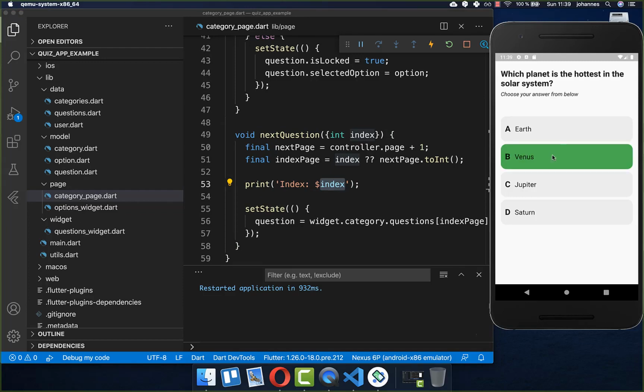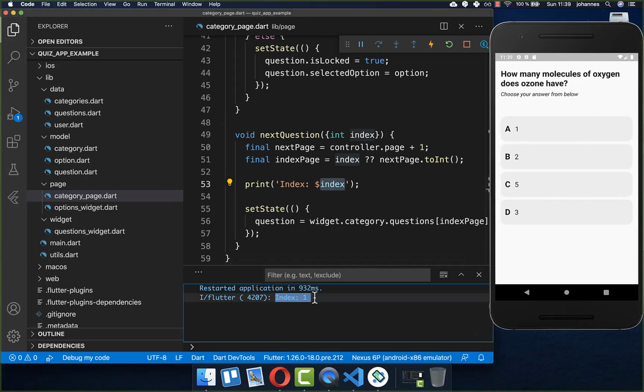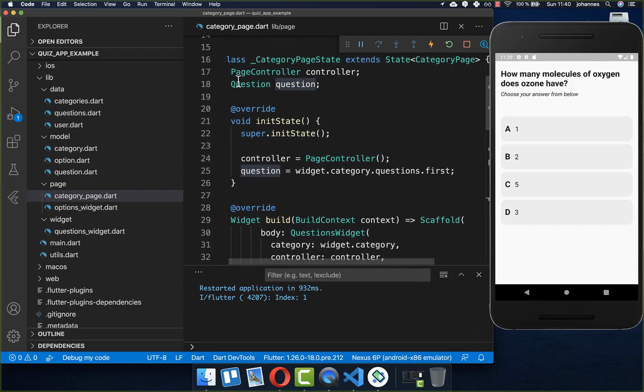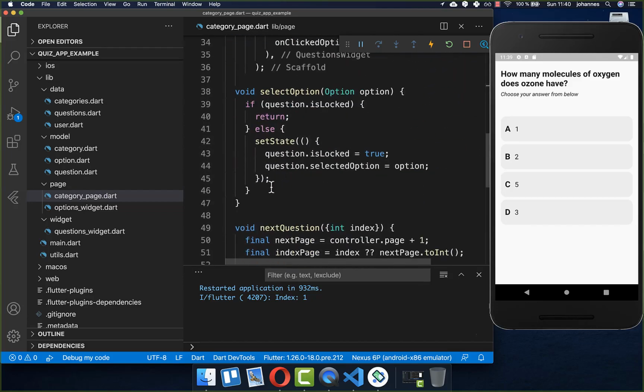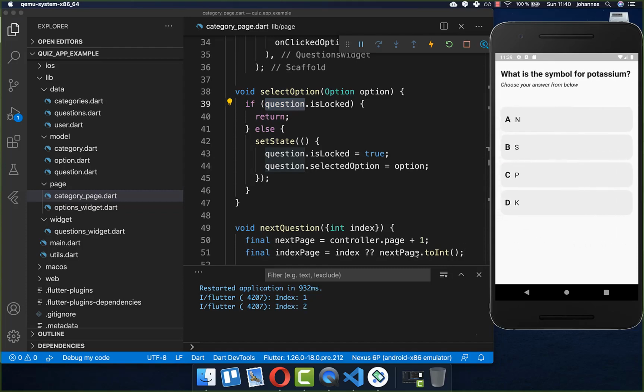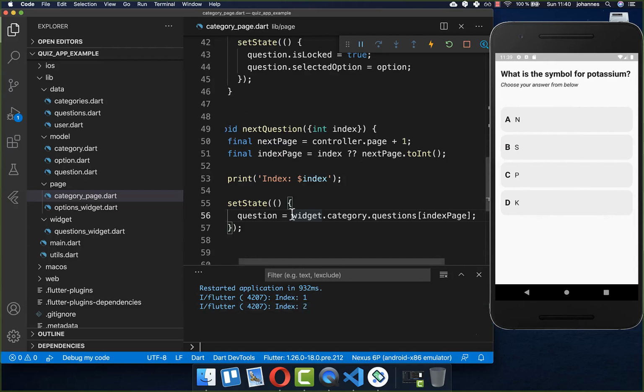So basically I select here one option and then I scroll to the next page, and you see he is printing the index 1. And now he is taking here the questions 1 out of our list and is putting it to our question. And this will make sure that our question here at the top is updated with the new question. And if we later select then an option, then we have here every time the new question inside. And now I basically can select another option, and then I can again go to another question. And then we have here this index 2, and he is selecting again here this new question over this index and is putting it to the question and so on.